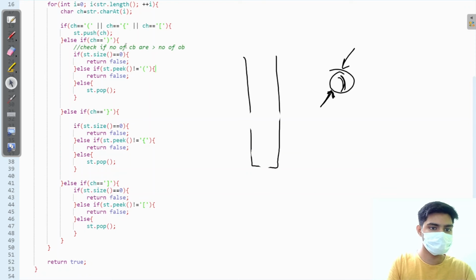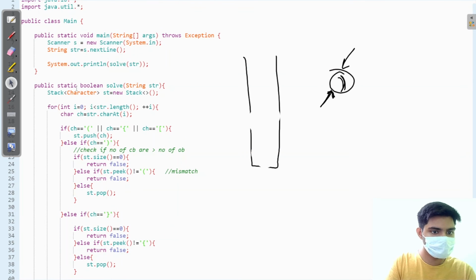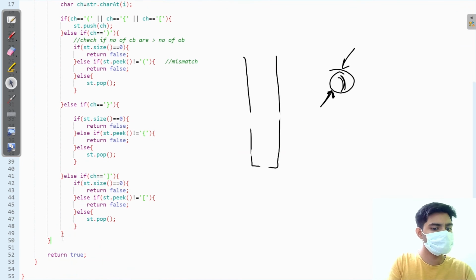This is that check, right? This is the check if there is a mismatch between the types, and else I'm just going to pop them. Okay. And after this for loop is run, my character stack should be empty.